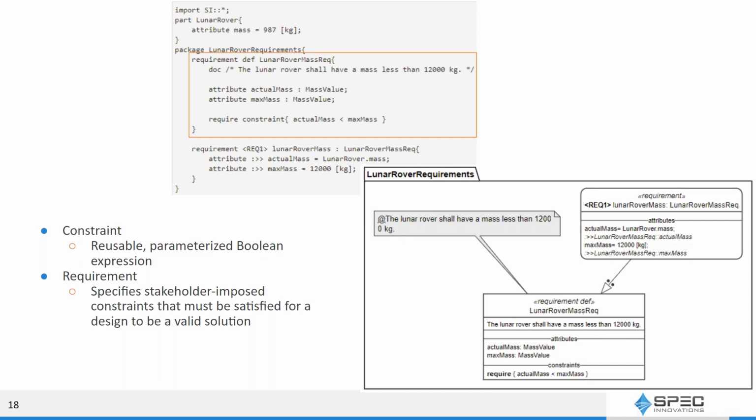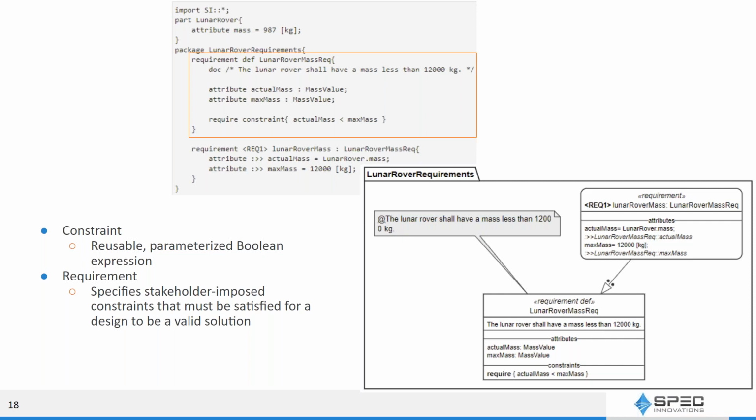For this example, the doc entity, which is part of a comment annotation, gives the full sentence of what the requirement states: the lunar rover shall have a mass of less than 12,000 kilograms.